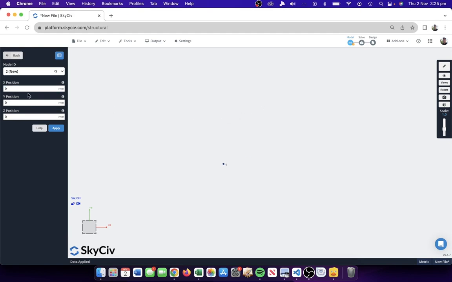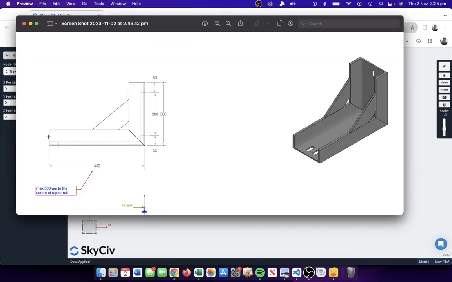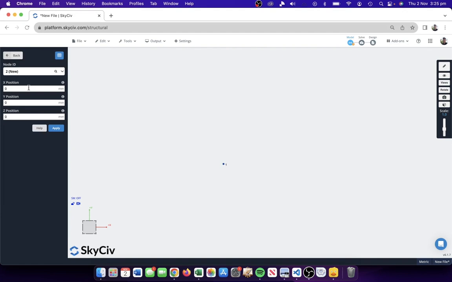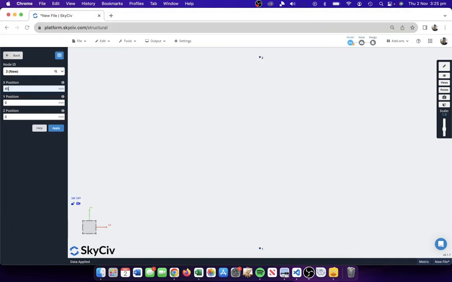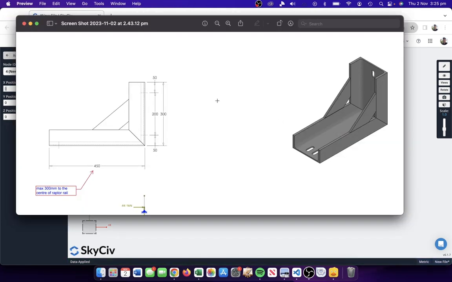Now I could just continue to plot, so here obviously we're going to go up by the thickness of this element, which we don't really have a measurement for, but for the time being we're going to just assume it's something like 90, looks like about 90 millimeters there. So we'll go up in the Y by 90. And then it's 450 wide, and then again we haven't really got a measurement for that, but we'll assume that's 90, so 450 minus 90,